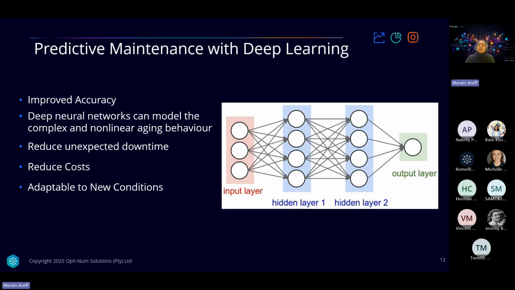The first thing is the batteries have very complex and nonlinear aging behavior, and this is because of their various uses and conditions. Even if it's from the same manufacturer, they have a very different aging behavior, and this makes their remaining useful life very hard to predict. So what we want to do with our deep learning model is forecast when the battery will fail, and this will help us with cost savings because